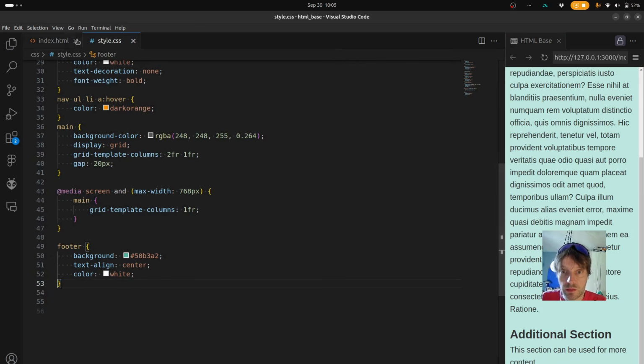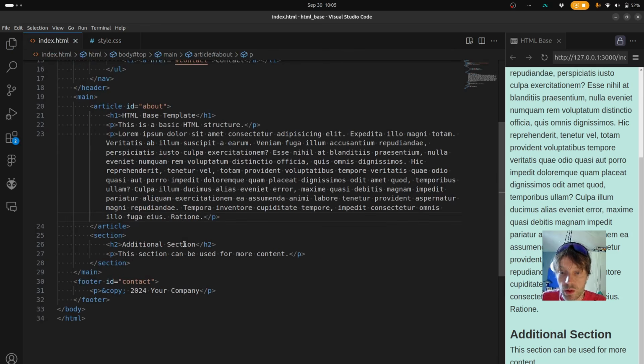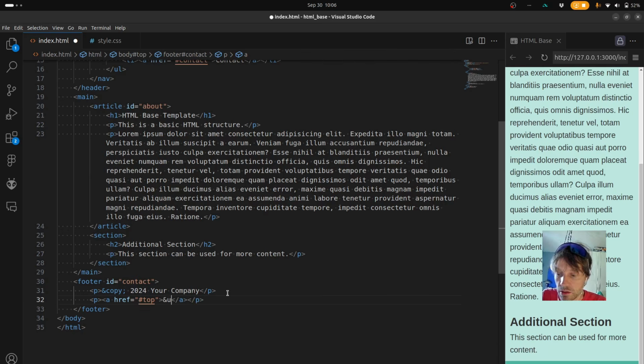Lastly, I kind of want to add the scroll to top button. I'm going to say p, a, hashtag top, and I guess we could make it a button, or we just say ampersand up arrow. I'll just say top to top. Now we have that link. It looks a little ugly though,